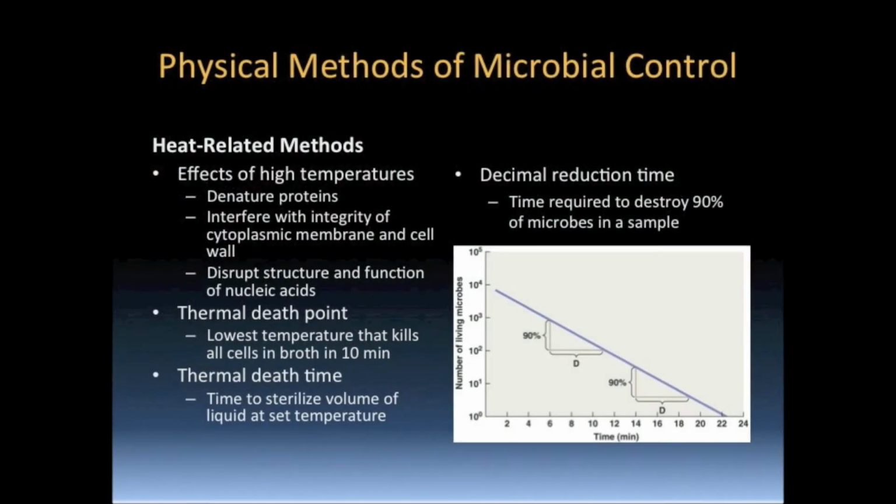Heat is the most prominently used technique of the physical methods of microbial control. We have previously discussed the ramifications of temperature changes in Unit 2 and Unit 3. High temperatures are detrimental to the structure of proteins, nucleic acids, and lipids. In Unit 3, we learned that pathogens are mesophilic, meaning that they thrive between 20 degrees Celsius and 40 degrees